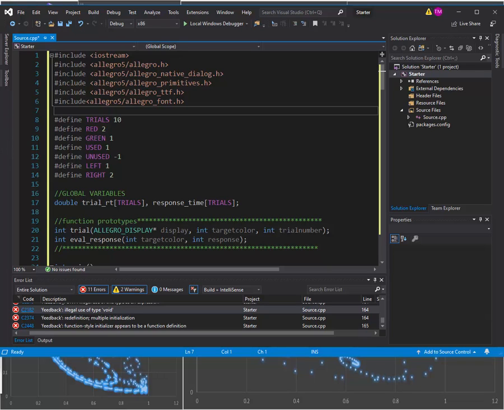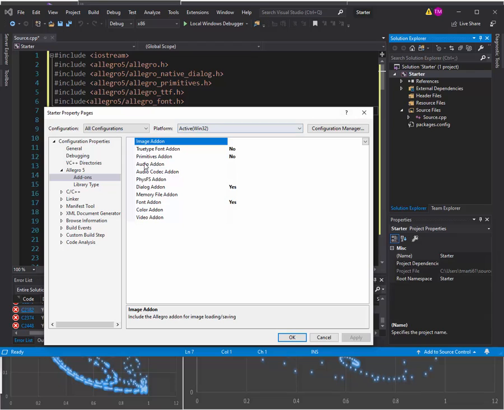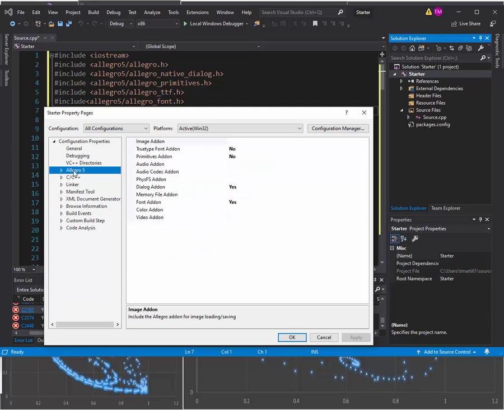And we also need to tell Allegro that we're doing this. So we're going to right click on our solution here, starter, come down to properties, and click on Allegro 5. When you first open it, it'll probably look something like this, and you'll probably have just blanks here because you haven't done anything. I've actually switched back and forth as I've been working through this code and making sure that it all worked. So now mine explicitly says no. Yours probably is just blank right here. But you are going to click on that,